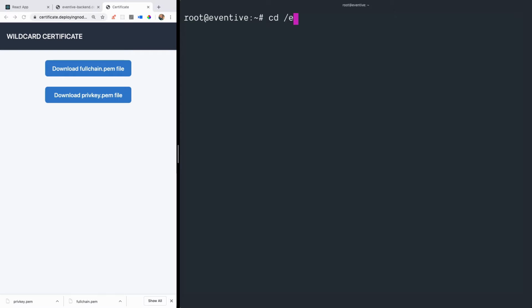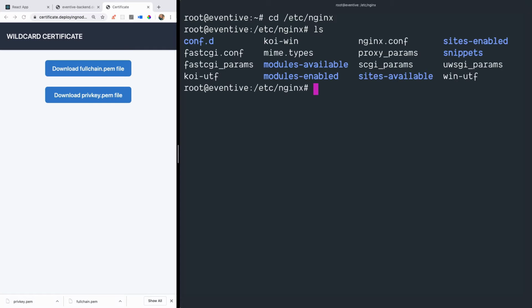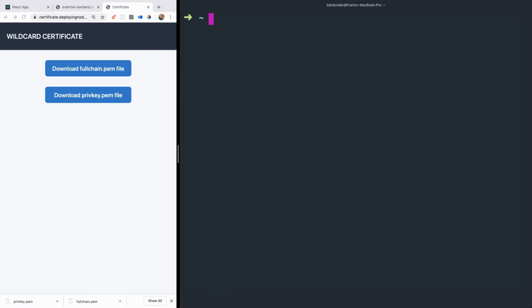Next, I'm going to cd into the /etc/nginx folder, and I'm going to make a folder called ssl, and this is where we are going to store our certificates. I'm going to exit out of the server and then use scp to copy the certificate and private